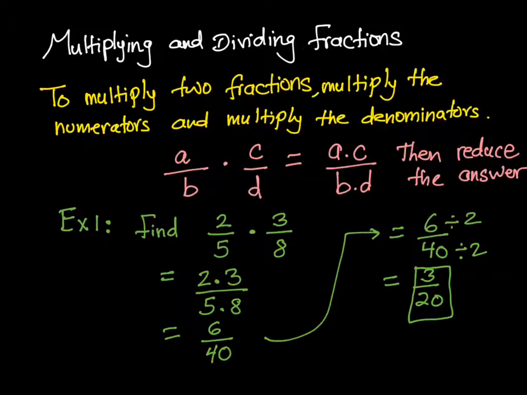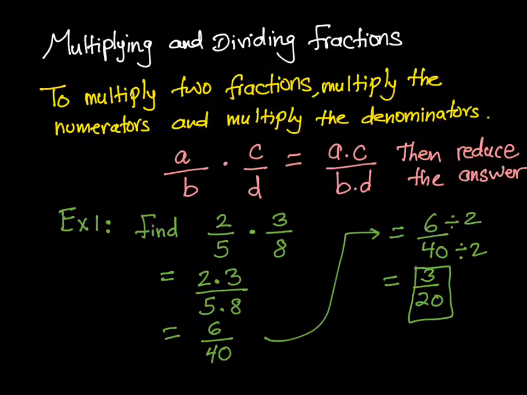To multiply two fractions, we always multiply the numerators and then you multiply the denominators. So if you have A over B times C over D, you multiply the numerators, so it's A times C, and you multiply the denominators, B times D, and then whatever you get as a fraction, you always have to reduce it. Let's say you have 2 over 5 and then you have 3 over 8. When you multiply, you get 2 times 3 and then 5 times 8,